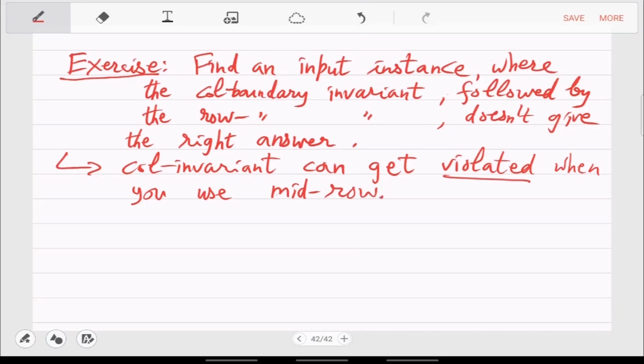And similarly, the row invariant can get violated when you use the middle column. So having two independently behaving invariants will not work. Next time we will see a much smarter idea, which will look at all of these things as a whole, and then try to preserve that.